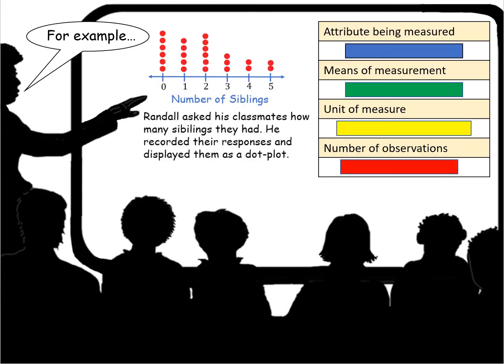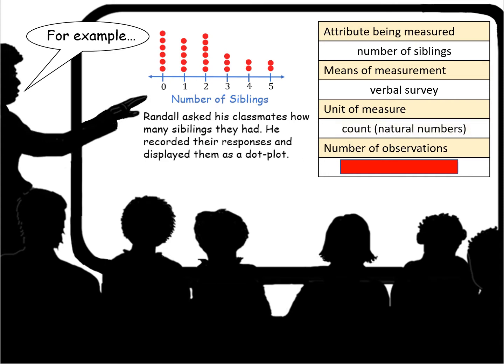For example, take a look at the dot plot. Randall asked his classmates how many siblings they had. He recorded their responses and he displayed them in this dot plot. So the attribute being measured, well, number of siblings. The means of measurement, it says in the context of the problem that he asked his classmates, so he did